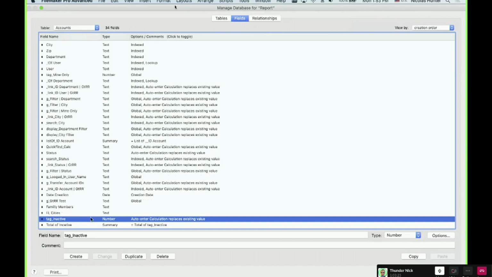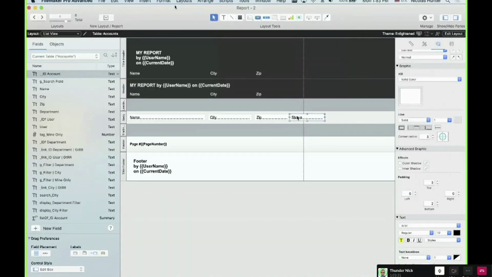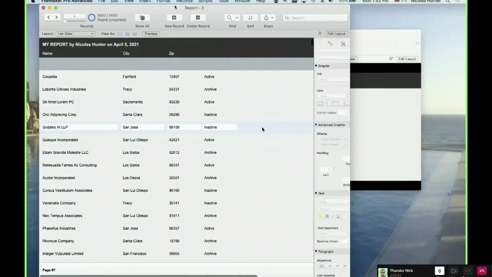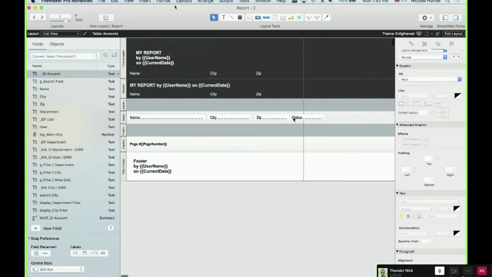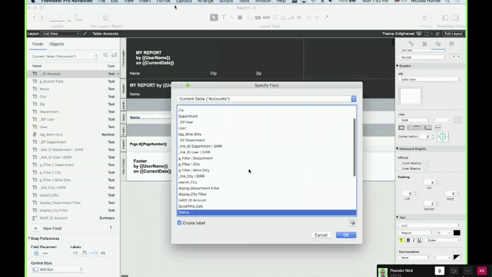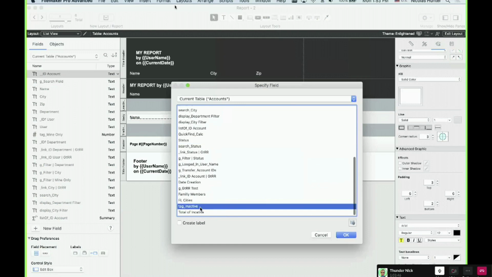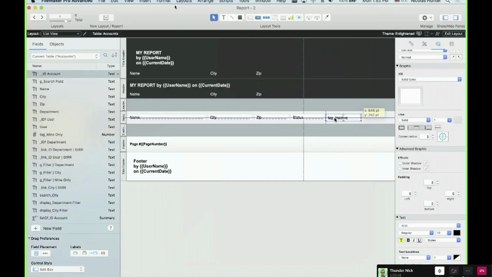So let's explore how this works. Let's say now I want to update this. I need to update this field here, the tag, right? Which one is inactive? It's important you see that, because this is how you build a report. This is how you get results out of data, right? So it was part of the training to learn.